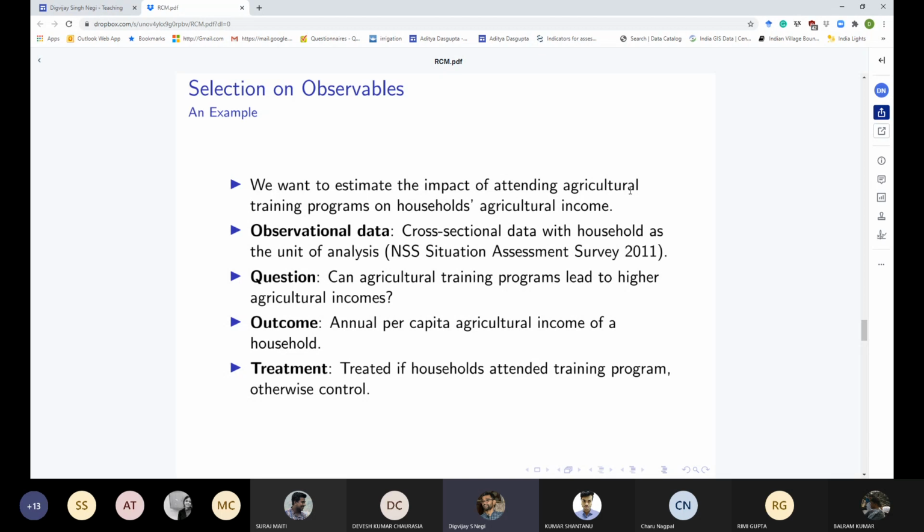So the data collects a variety of information for these farmers, like what crops they grow, how much income they earn from these crops, who they sell to, what kind of inputs they use, what kind of activities and jobs they do, all those kinds of things. Okay, so how educated these individuals are, all those things. And it's observational data, and it's a cross section where the unit of analysis is a household, right? So i here is a household.